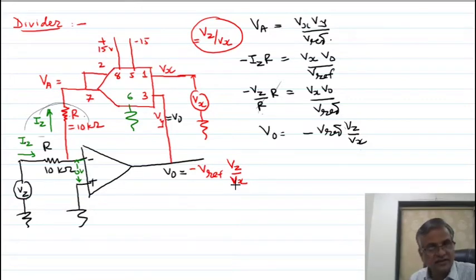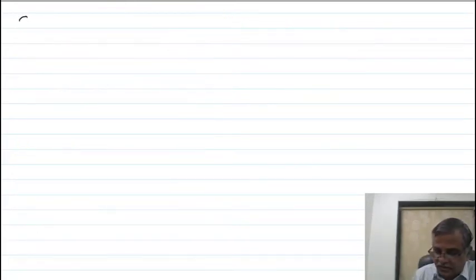I think you understand. Last time I am telling you, the division is a complement of the multiplication. The division can be obtained by putting the multiplier IC in a feedback path of the operational amplifier as shown in figure. Here we want to divide Vz by Vx. So the equation of the output voltage can be obtained this way. Next circuit is a circuit to find the square root of a number between 1 to V reference.